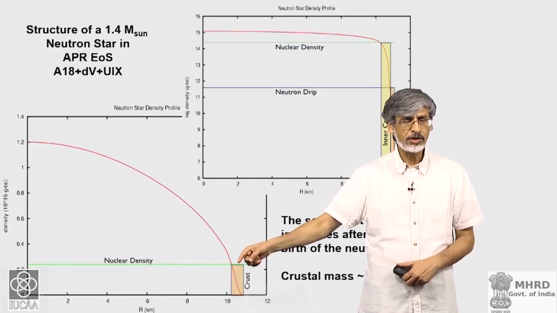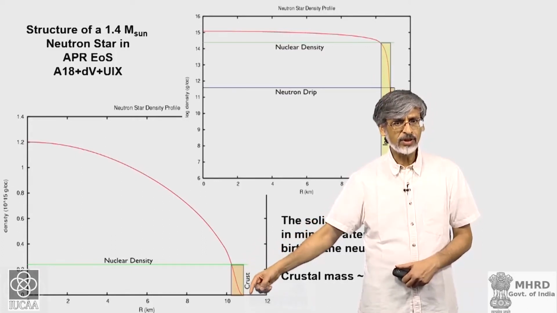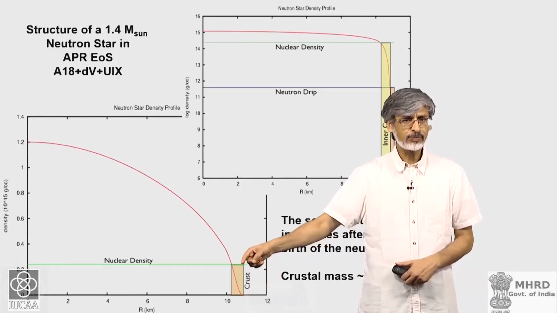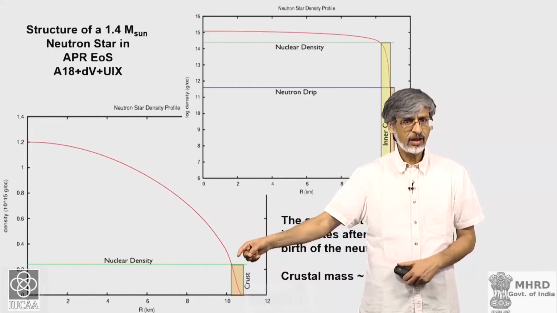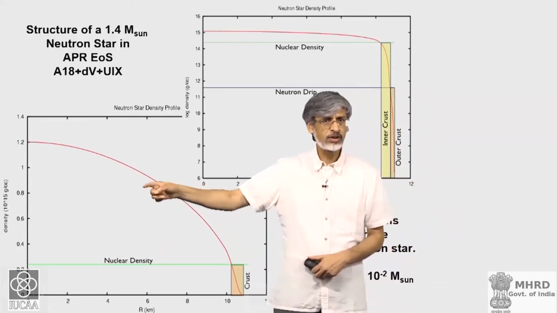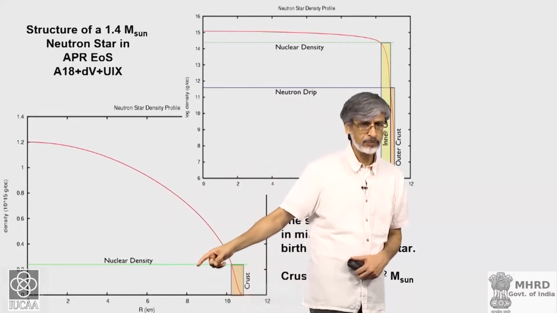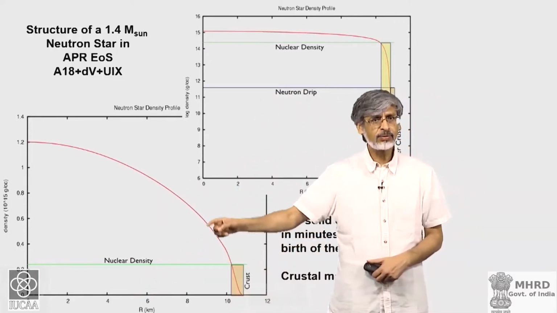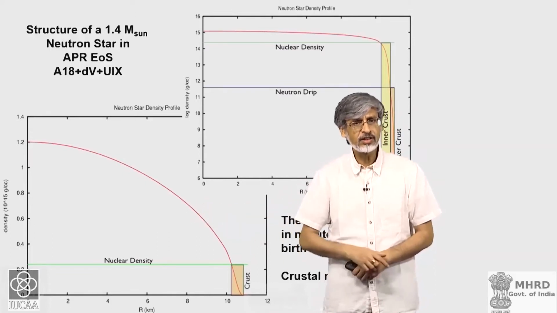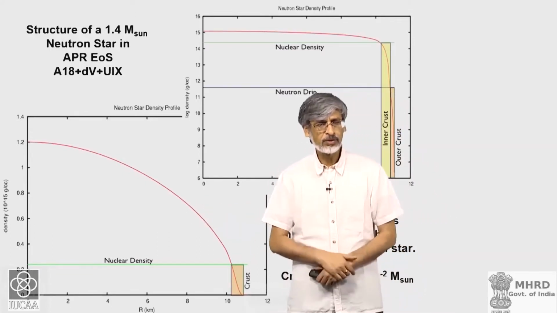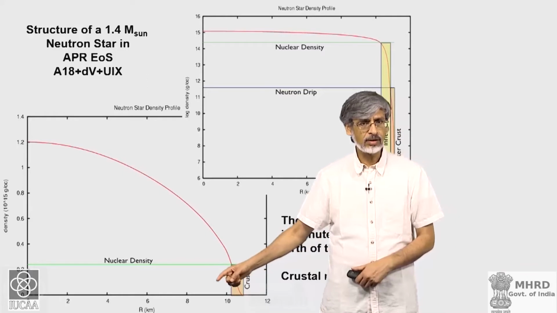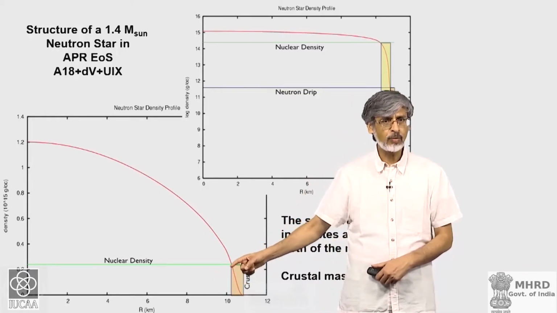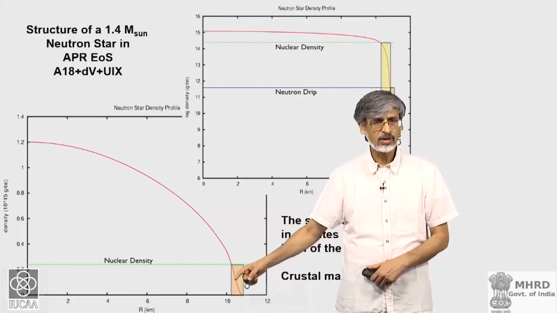That is the point at which all nuclei dissolve and the core begins. Starting from the surface, within about a kilometer, the crust is contained, and the entire region of almost 10 kilometers is the core. So, you have this inner core region, which is composed of just free neutrons, protons and electrons, which covers almost the entire star, and on top of it there is a crust which is roughly about 1 kilometer